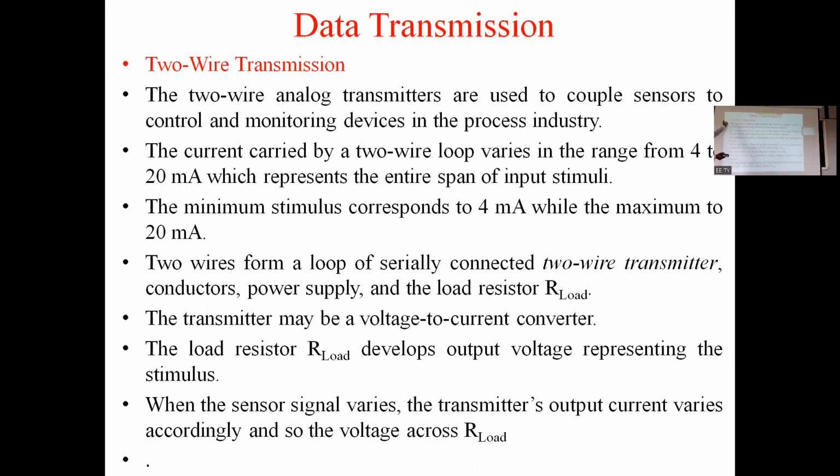So that means the two wire analog transmitter is coupled, where is it coupled, sensor to the control and monitoring devices. म्हणजे सेन्सर आणि मॉनिटरिंग डिव्हाइसेस आणि कंट्रोल डिव्हाइसेस साठी याच्यामध्ये काय केलंय? कपल केलं. सो दॅट मीन्स सेन्सरचा जे काय डेटा आहे, जो डेटा सेन्सरचा असेल, तो आपल्याला काय करायचं आहे? मायक्रो कॉम्प्युटर पर्यंत द्यायचा आहे किंवा मायक्रो कंट्रोलर पर्यंत द्यायचा आहे. सो दिस डेटा इट कॅन बी ट्रान्सफर्ड from sensor to the microcontroller by using two wire transmission in the process